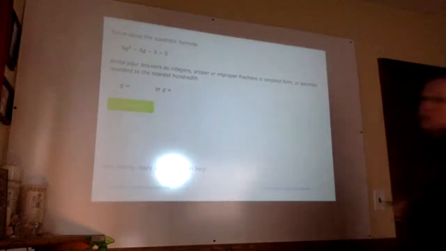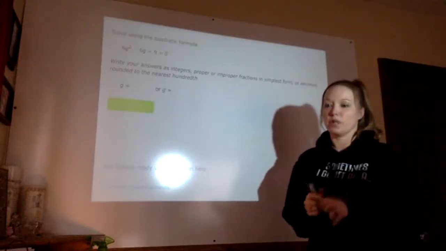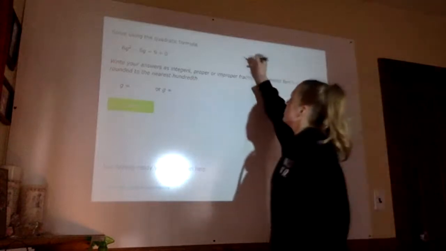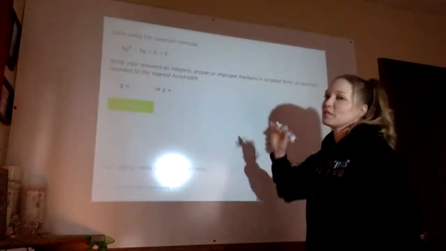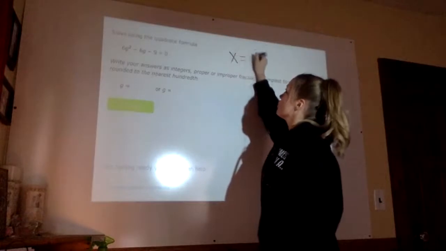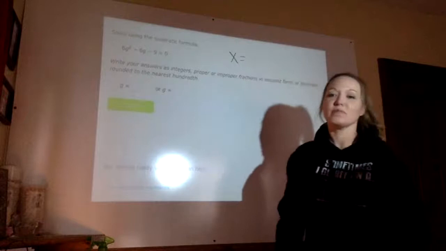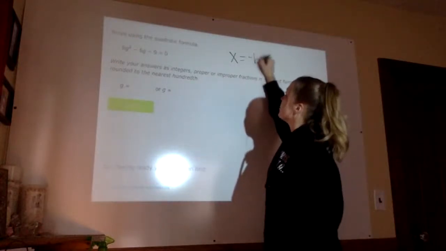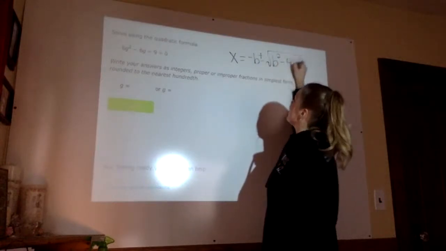All right, so I'm going to go ahead and start working this out. First of all, I need to write down the formula because I need that as a reference. So I'm going to write that down. I'm going to sing the little tune because that's how I remember it. Let me start over. x is equal to negative b plus or minus the square root of b squared minus 4ac